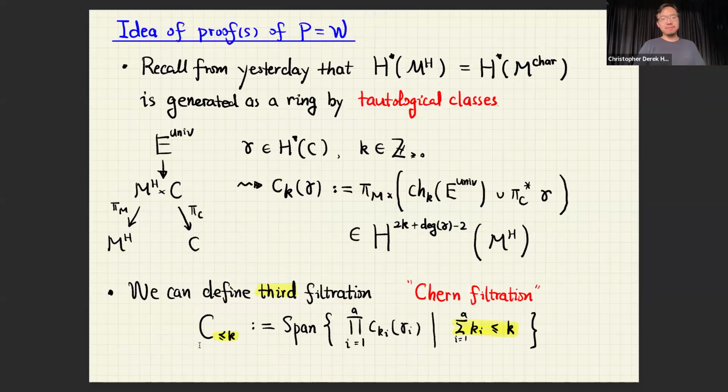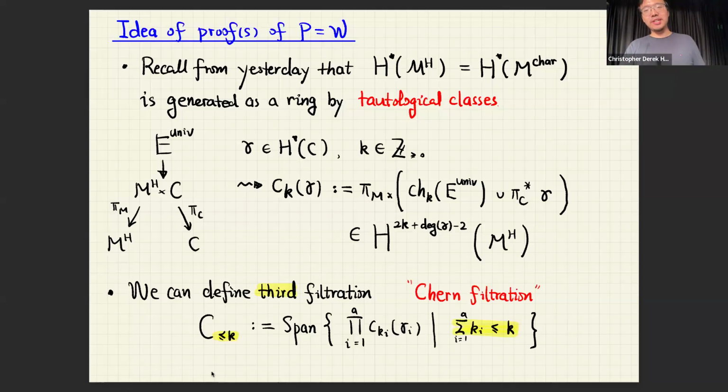So the proof requires, so the non-abelian Hodge correspondence is a highly transcendental thing, and in order to match two filtrations on both sides which are of algebraic flavor, ideally you would like to find a third filtration which is preserved by this transcendental operation, which you can use to detect both filtrations on both sides.